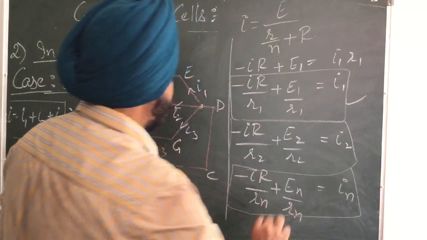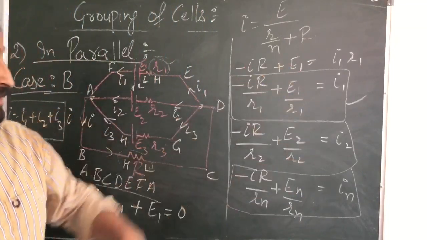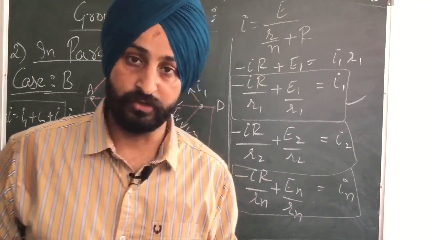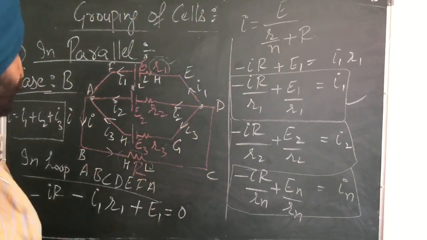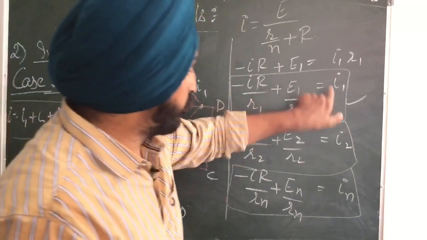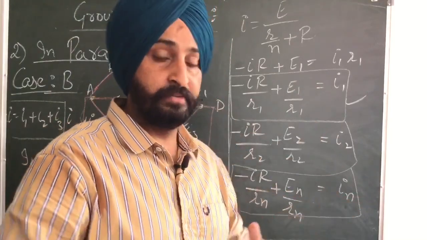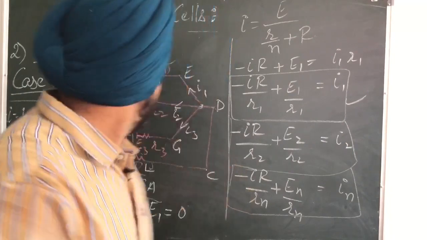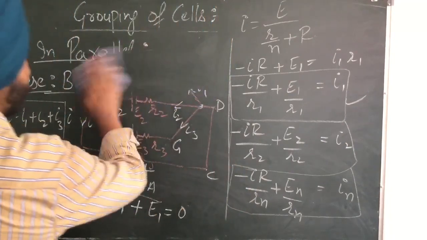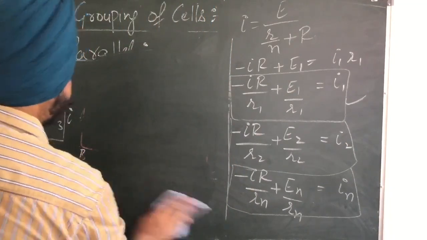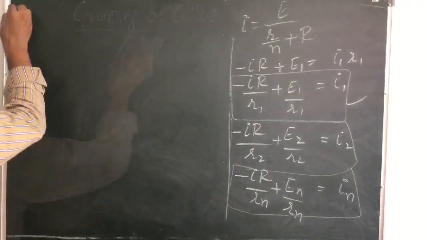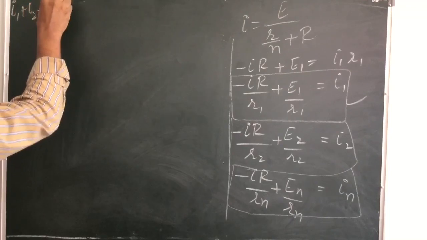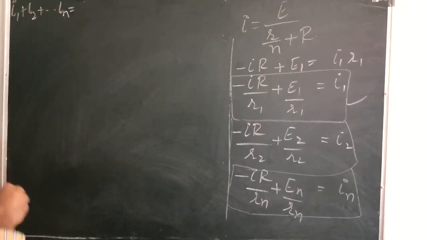So in this way you are going to get these equations for currents in different branches, currents from different cells or batteries. So next what we are going to do is we will be adding all these values. See what will be the total current? The total current will be the addition of this entire currents. So next I will be writing it as I1 plus I2 up to IN,